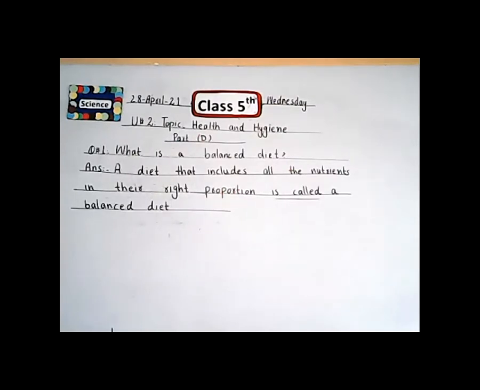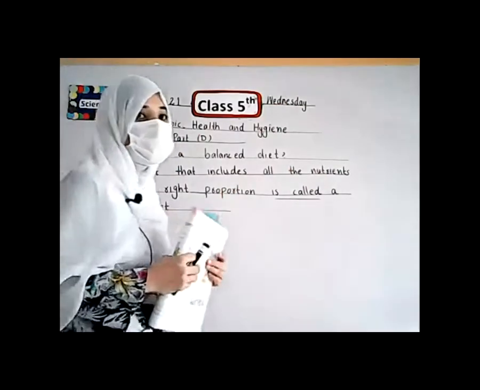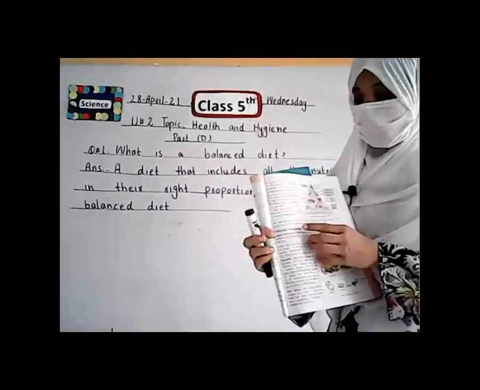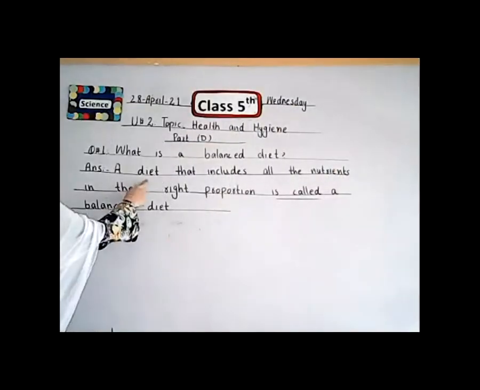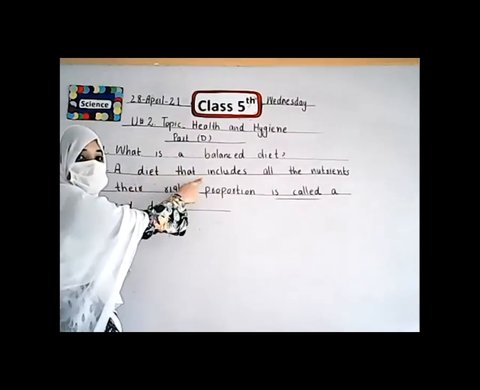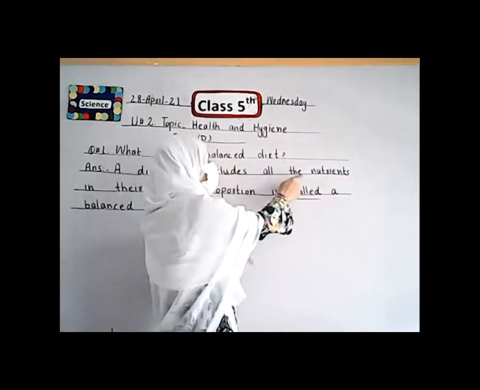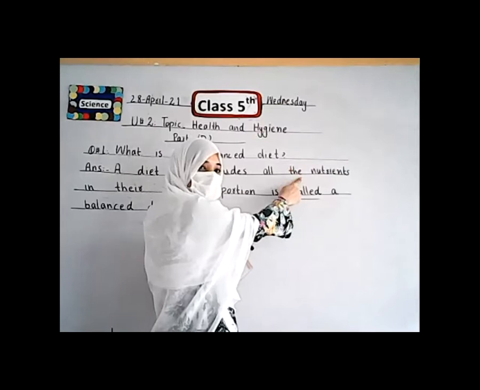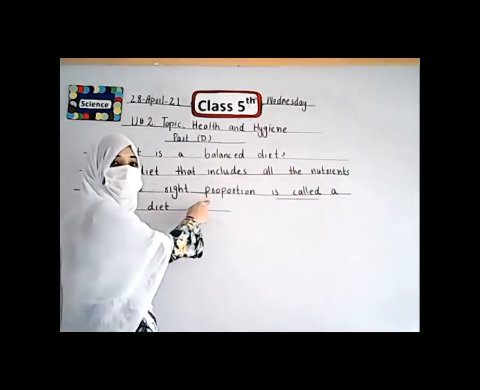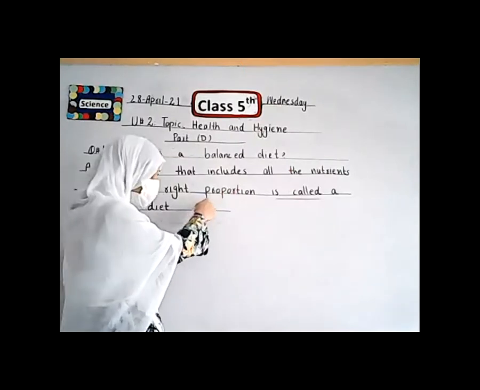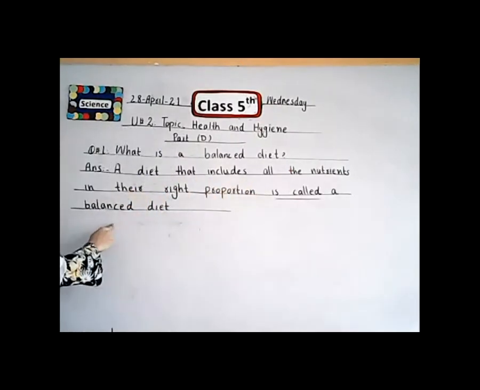Students, if you look at your books, as the pictures I have been showing you on your screens, the diagram that I have shared with you is their diagrams. A diet वो खुराक that includes जिसमें शामिल होते हैं all the nutrients, तमाम मादनियात that are helpful for our body in their right proportion, एक मुनासिब मिकदार में, is called a balanced diet. मुतवाज़न ग़िज़ा या मुनासिब खुराक कहलाती है.